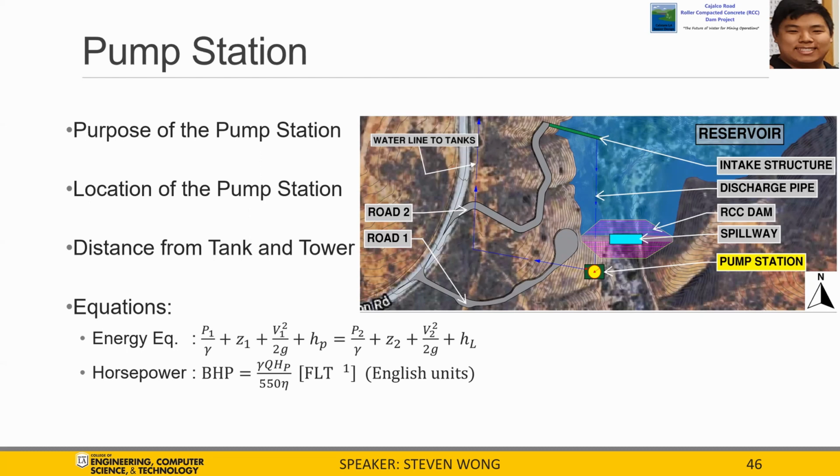In order to calculate the required horsepower for the pump, we use two equations. The first equation is the energy equation. This was used to find our pump's head loss. The second equation was used for calculating horsepower. This equation utilizes the pump head loss calculated from the energy equation to find our required amount of horsepower for